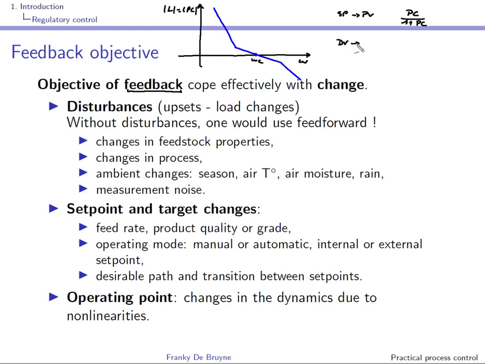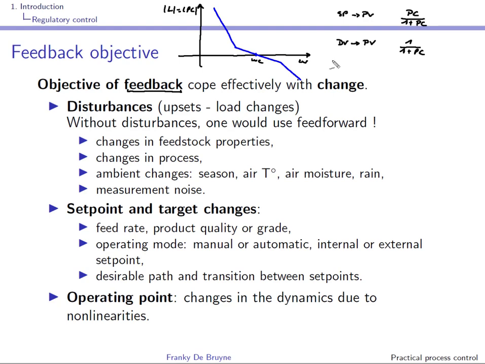The transfer function from DV, output disturbance, to PV is 1 over 1 plus PC, and you can see here that in those frequency ranges, this transfer function will tend to 0, so you'll be attenuating the disturbances DV. And again here, if P is varying, so if you have changes in the process, this will be mitigated by the fact that you have a high loop gain, and feedback will again cope with this